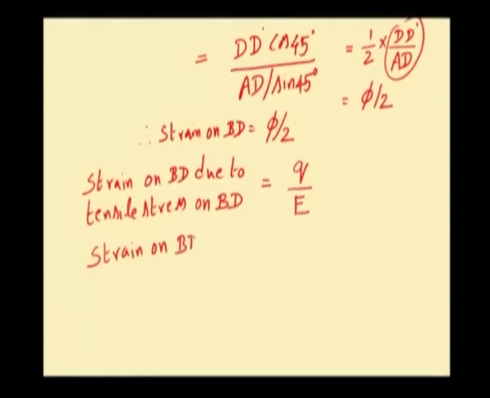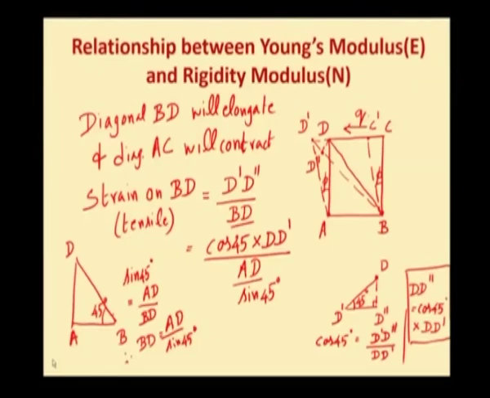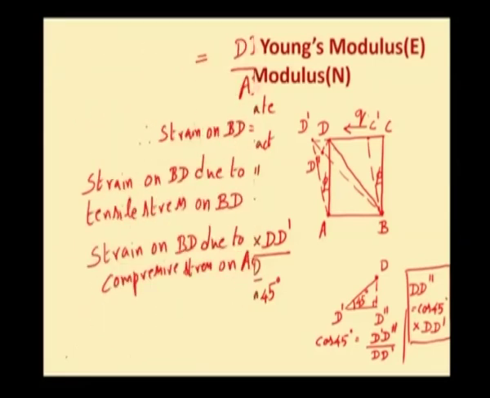Strain on BD due to compressive stress on AC. If you see this picture, the diagonal AC is getting compressed to AC dash. So, because of the compressive stress on AC, there will be some amount of strain along BD. That strain will be given by